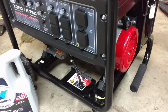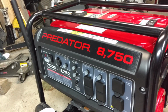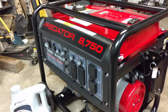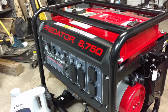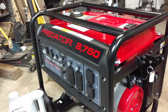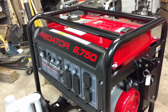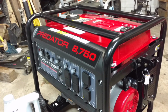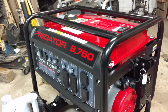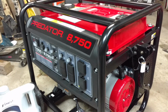And a couple other things here. I have not put any gas in it. I need to go and get some fresh gas. And I've actually contemplated, I don't live too far from a private airport. I can get aviation fuel, which is ethanol free, and I think it's like 97 octane, 96 octane, ethanol free, perfect for stuff that's not going to run all the time, for storage. It's not going to gum up, mess up the carburetor, hopefully. So that's option one,